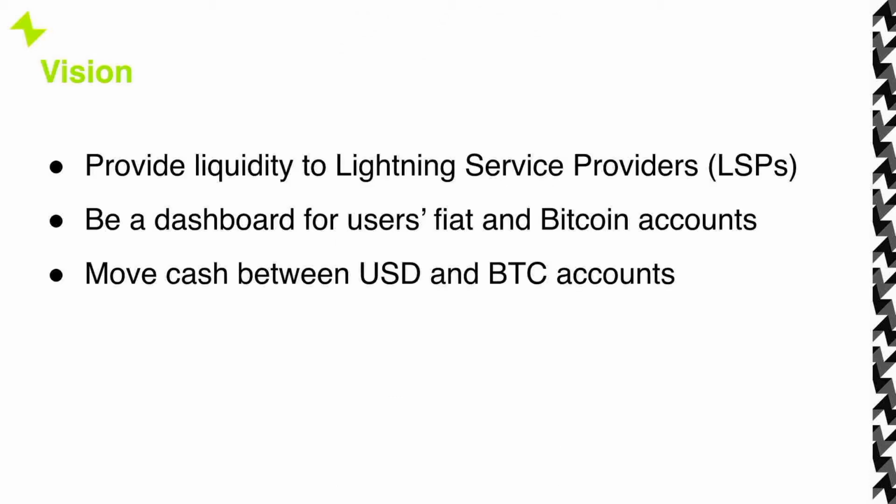So what are we doing this for? We like the idea of having an ecosystem of Lightning service providers that don't necessarily need to redundantly solve the same problems, especially the thorniest ones. And this, I can tell you from experience, is one of the most painful problems in Bitcoin. We'd like to have users more comfortable with where their funds are and make it easier for them to manage all their funds. I think that's kind of critical if we expect people to use Bitcoin more in the future. And of course, we want to be able to move cash between accounts so that you can use this as a way to manage all of your funds, whether it's US dollar or Bitcoin.